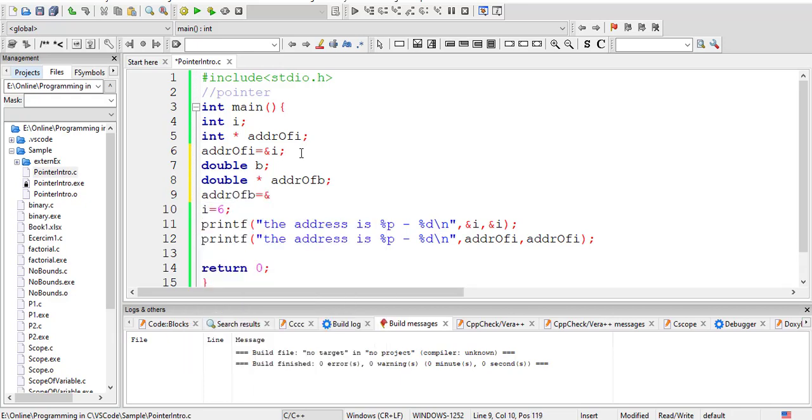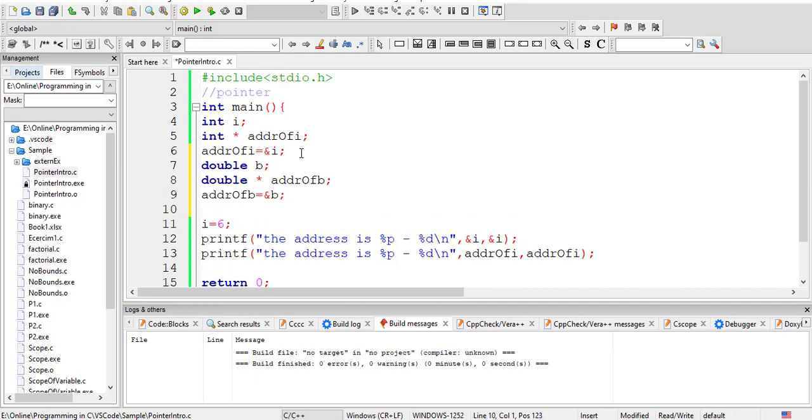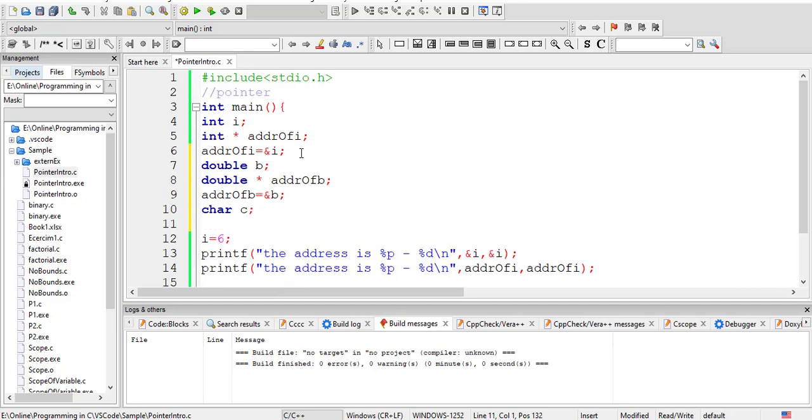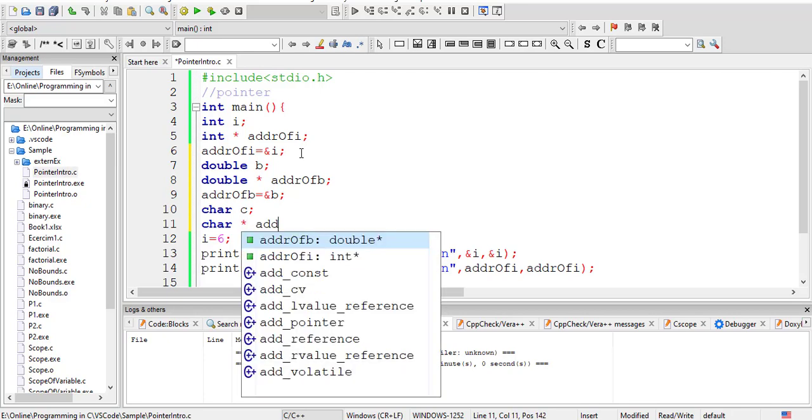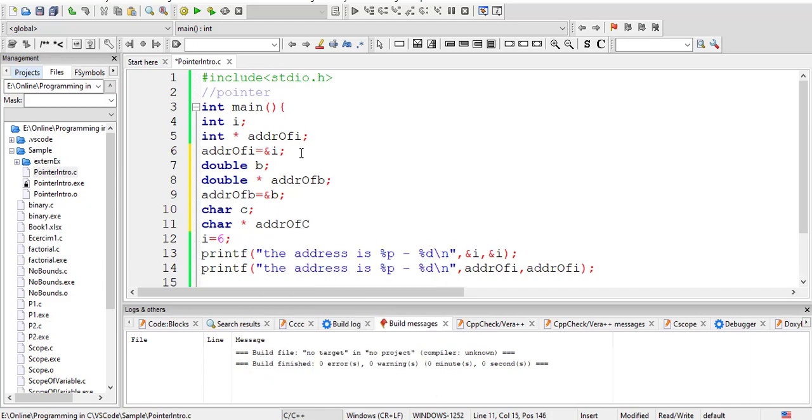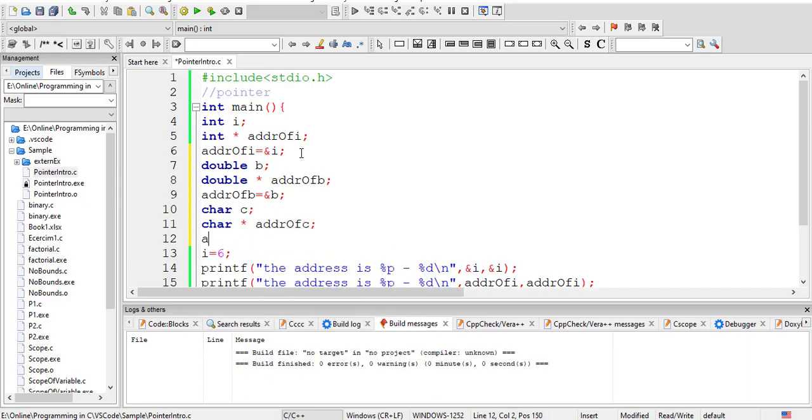To get the memory location, always use ampersand. Same thing you can use for character. So let's say character C. If you want to store the address of a character in some variable, you have to define the pointer as char. Then I will take address of C. Then I have to assign address of C equal to ampersand C.